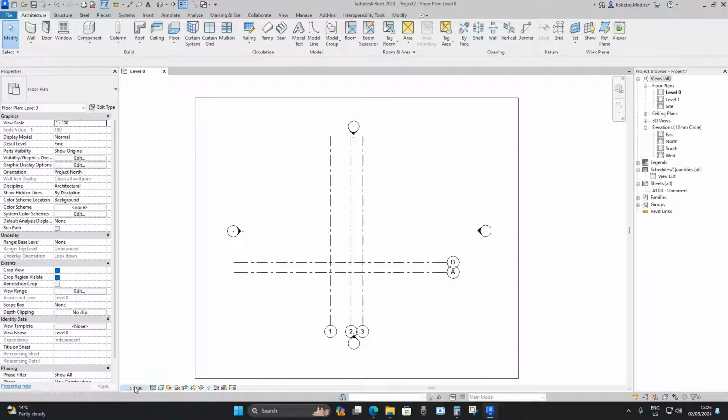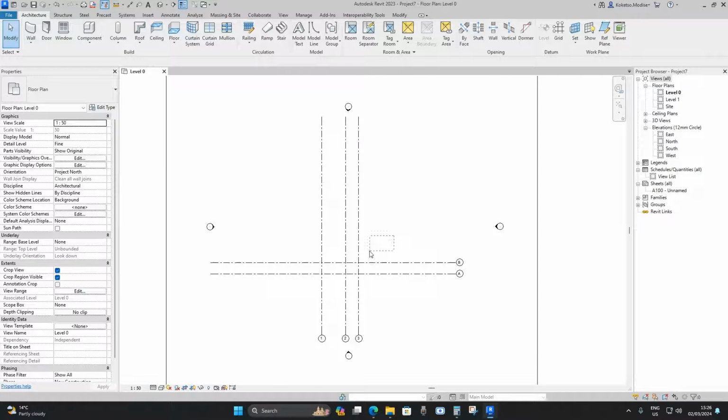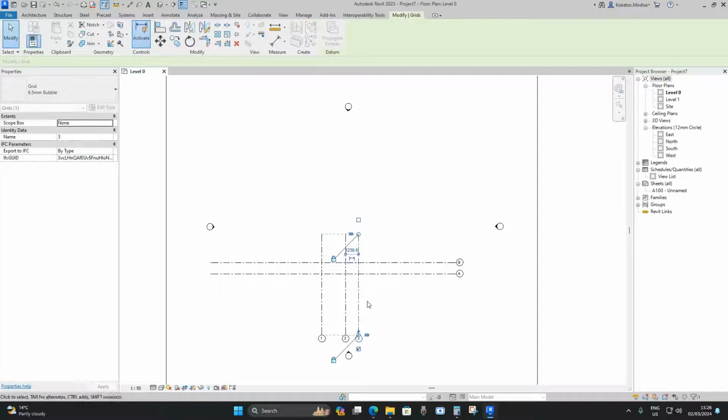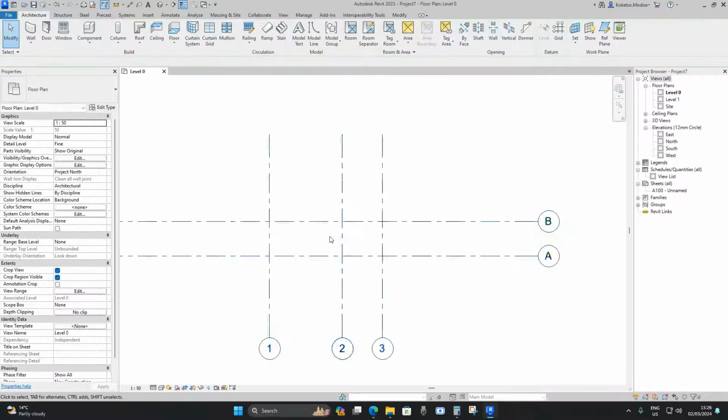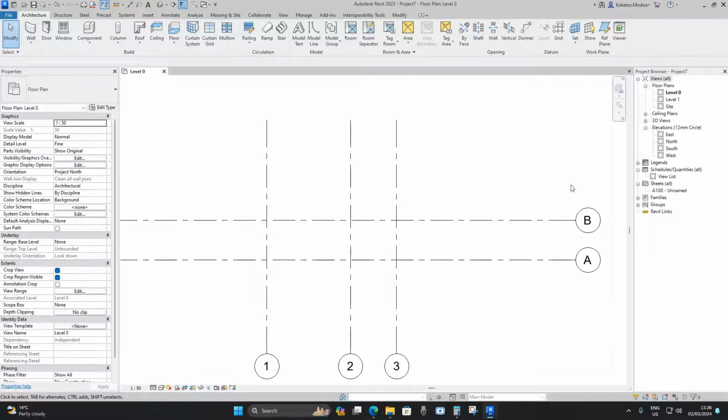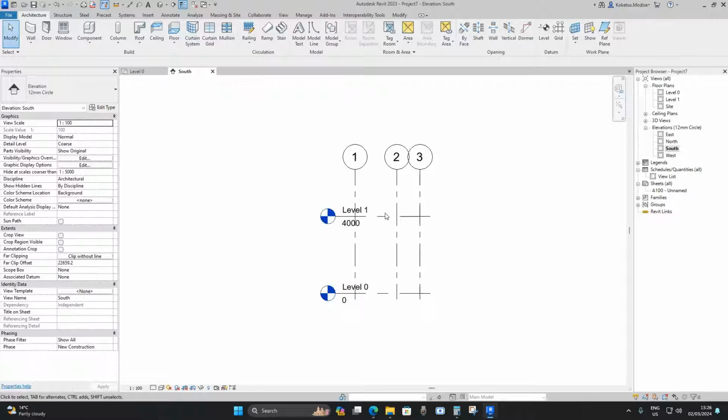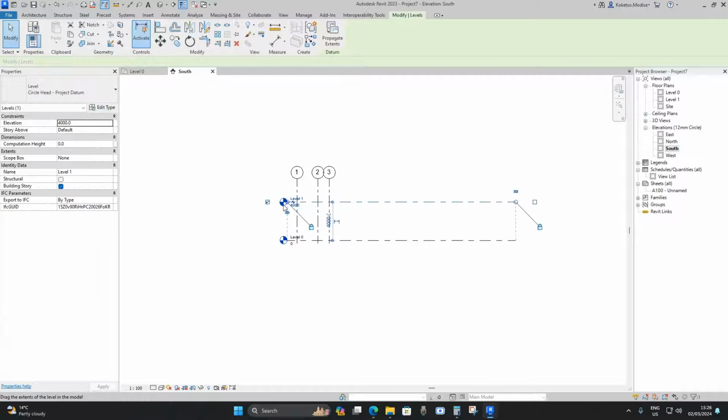Now that's perfect. So we're going to change the scale to 1:50, and then just reduce these grids, and then we're going to center these grids like so, and then zoom in. Now the next step is you're going to go to the south elevation and then just extend these grids,